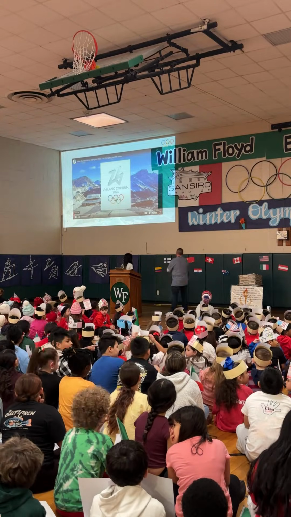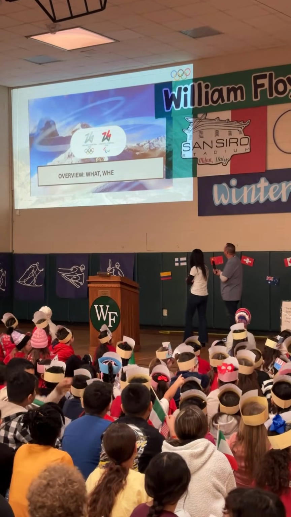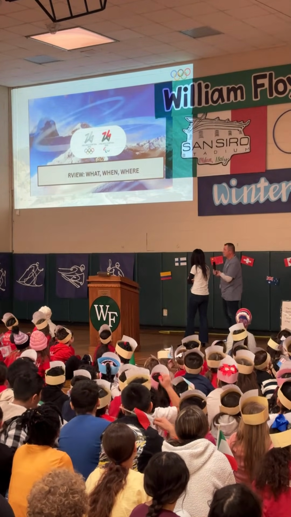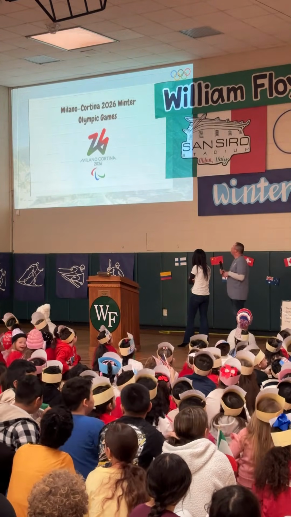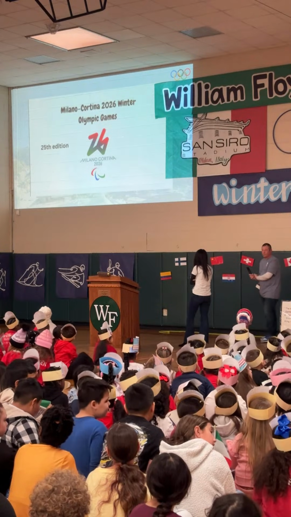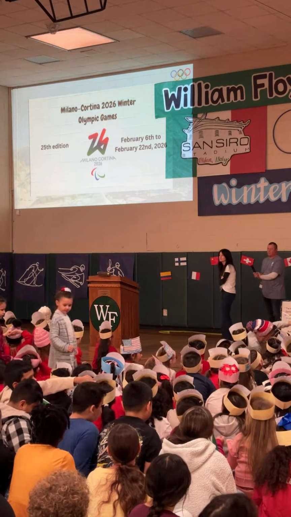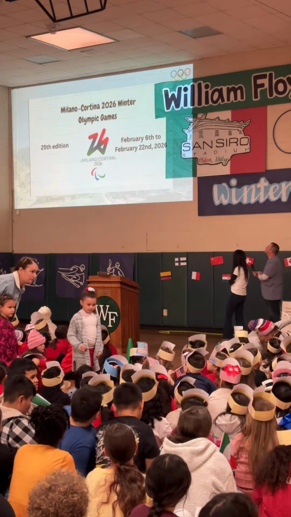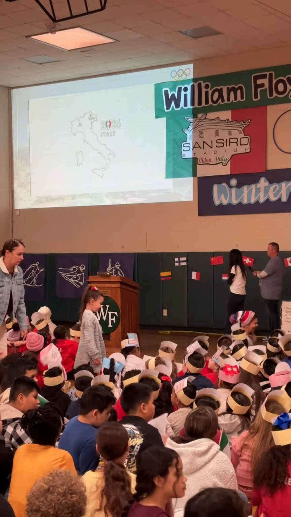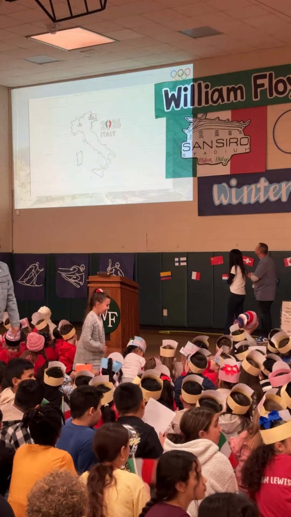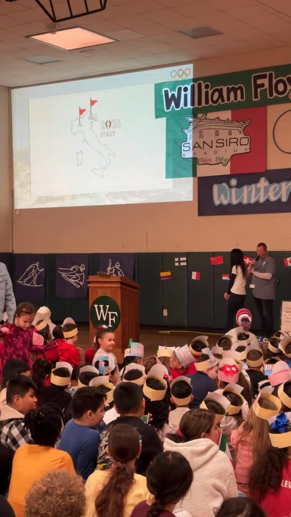You know about the 2026 Winter Olympics. Officially called the Milano Cortina 2026 Winter Olympic Games, this would be the 25th edition of the Winter Olympics. It runs from February 6th to February 22nd, 2026. And here's the twist. Unlike traditional Olympics that take place in one main city, this one will span across multiple